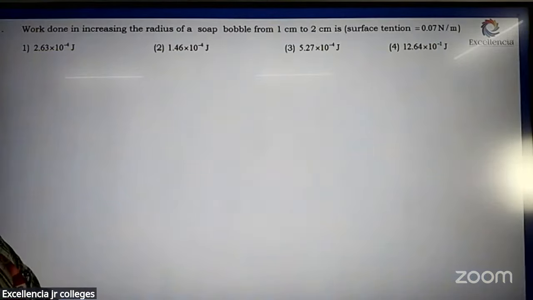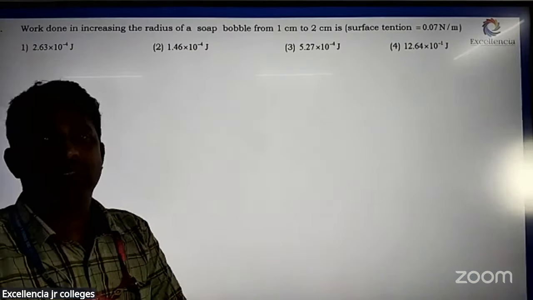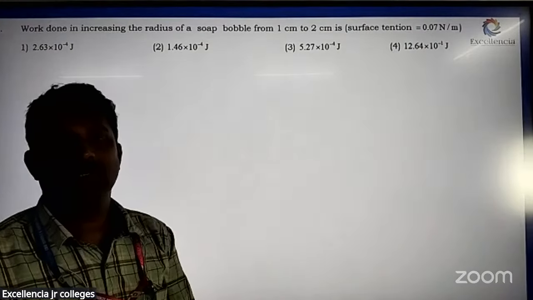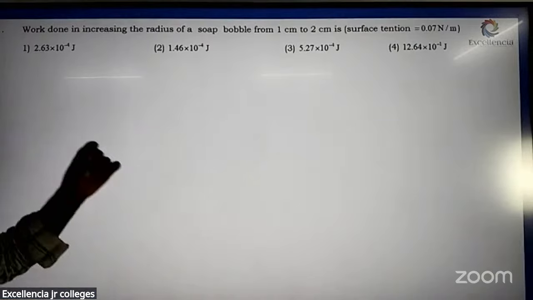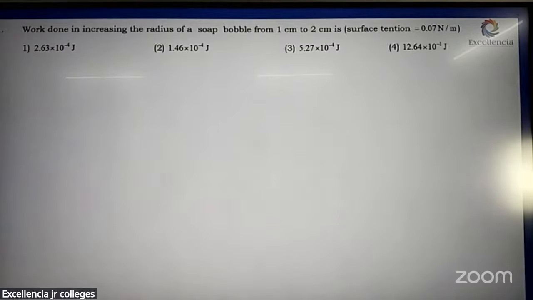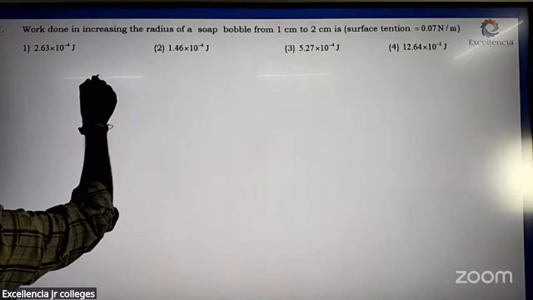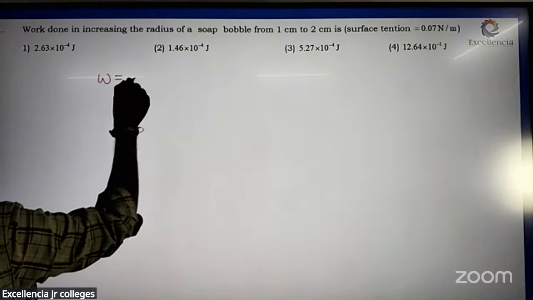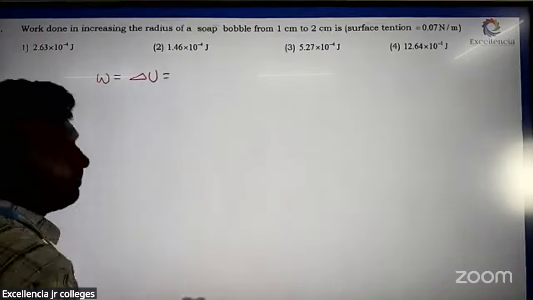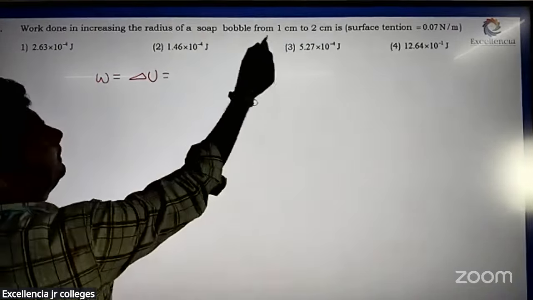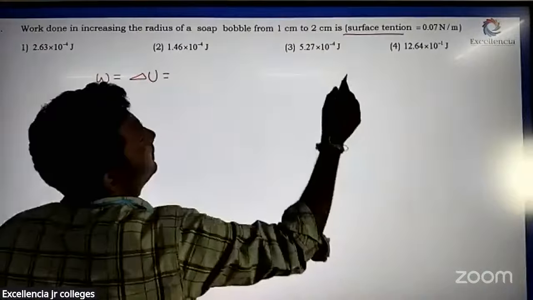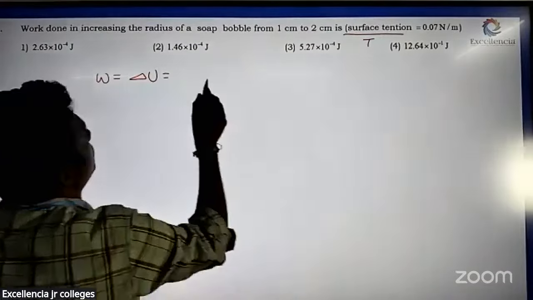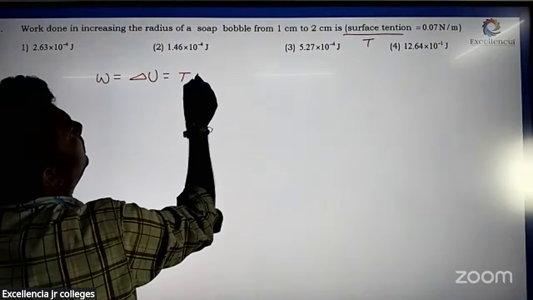This question is from fluid mechanics, that means surface tension completely. They gave a soap bubble: work done in increasing the radius of the soap bubble from 1 centimeter to 2 centimeter is. We know the formula for work done, which is the change in potential energy, which is also in terms of surface tension. If you consider surface tension as T, then T into change in